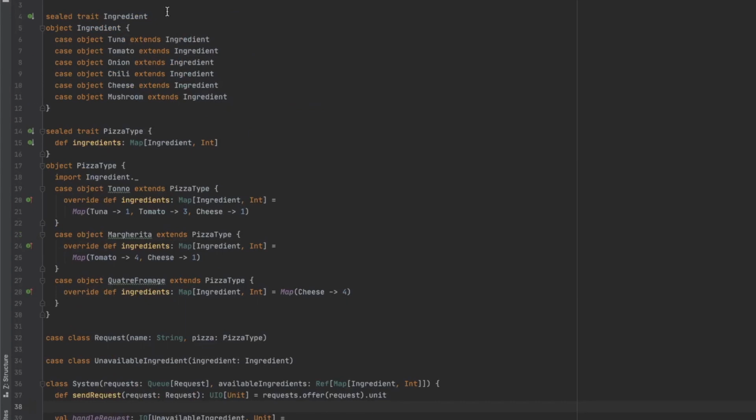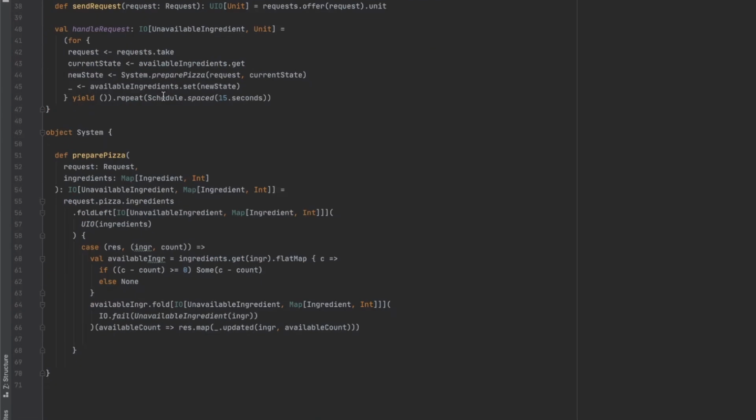So let's import ZIO.duration, and also because this will repeat this action continuously, but the restaurant will not work forever. It needs to work maybe 8 hours. So we want to stop this action after 8 hours. We can call